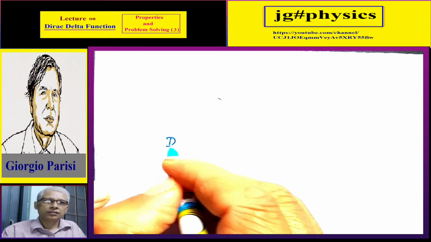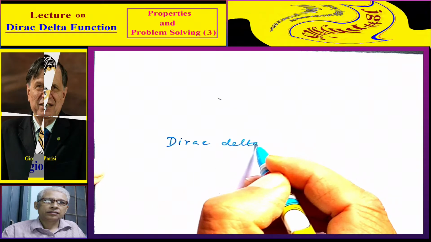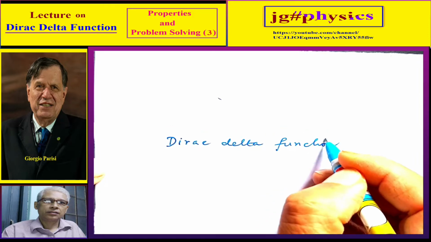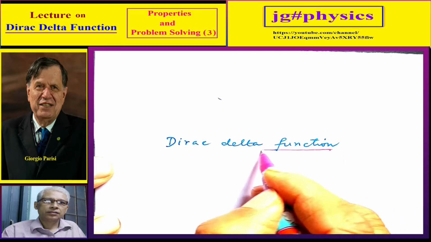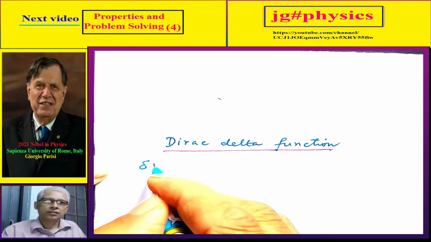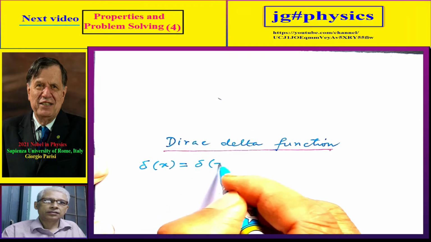We continue our discussion on Dirac delta function, its properties and some problems. We have derived already the property which is delta of x equal to delta of minus x,